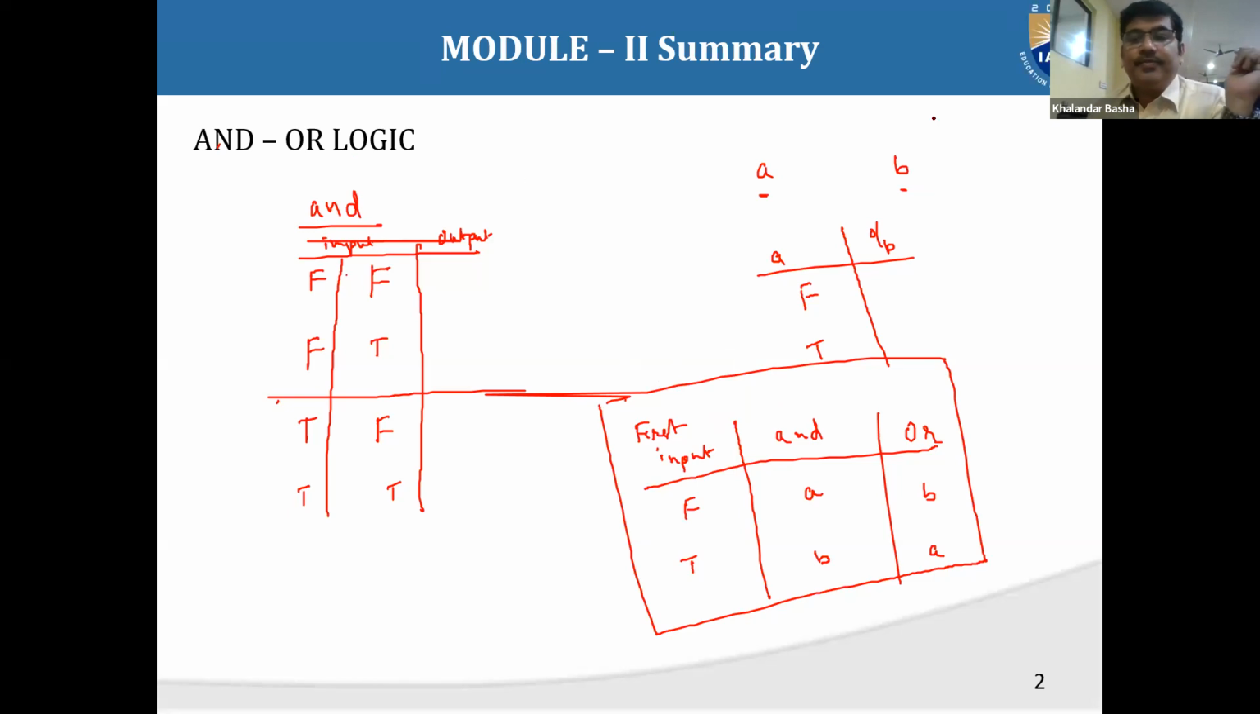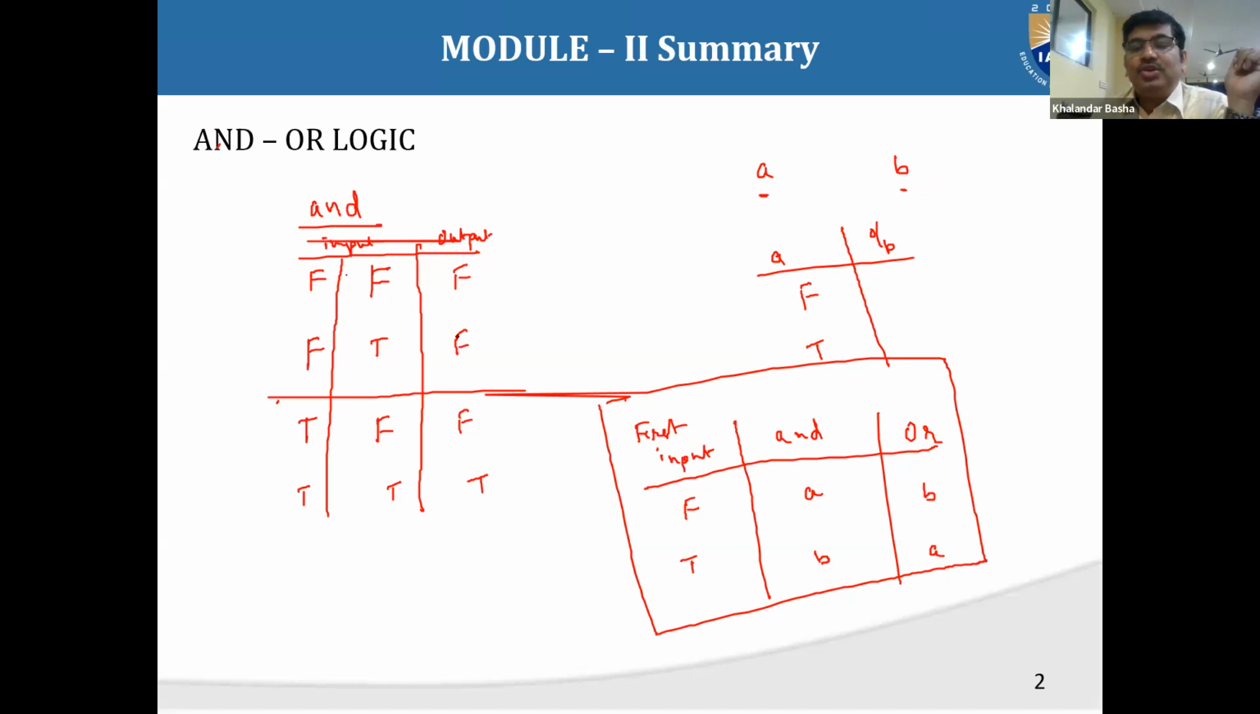See, what is AND logic defined as? If both the inputs are true, the output is true, else the output is false. For remaining cases, the output is false. So in the reduction AND gate, I'll check only the first input. What is the first input value here? False. So when the first input is false, irrespective of the second input, either it may be false or it may be true,